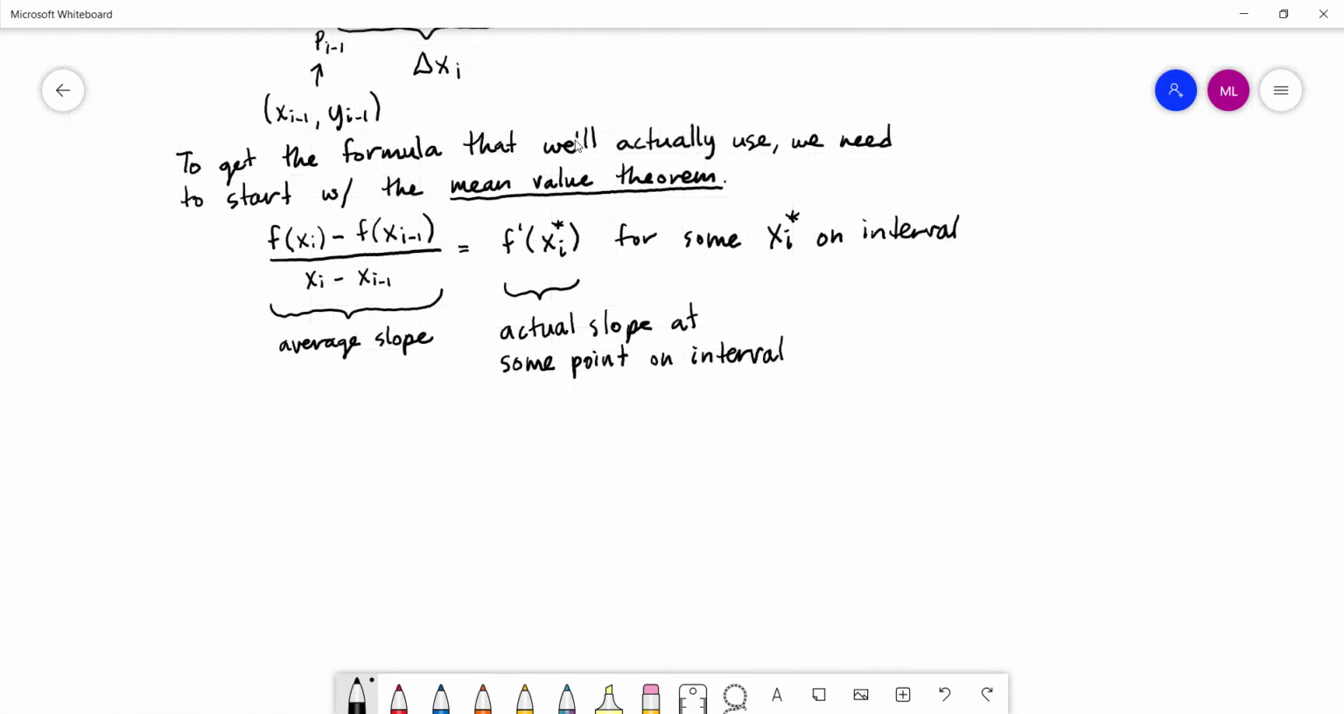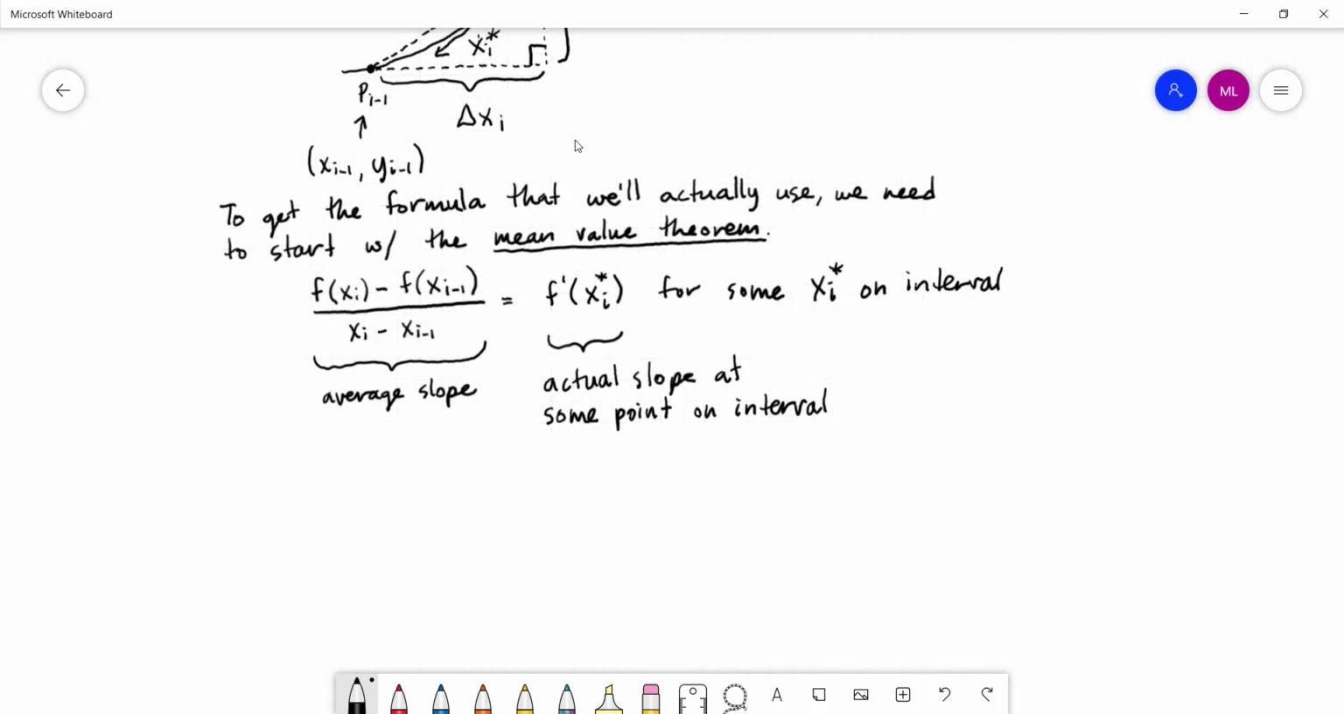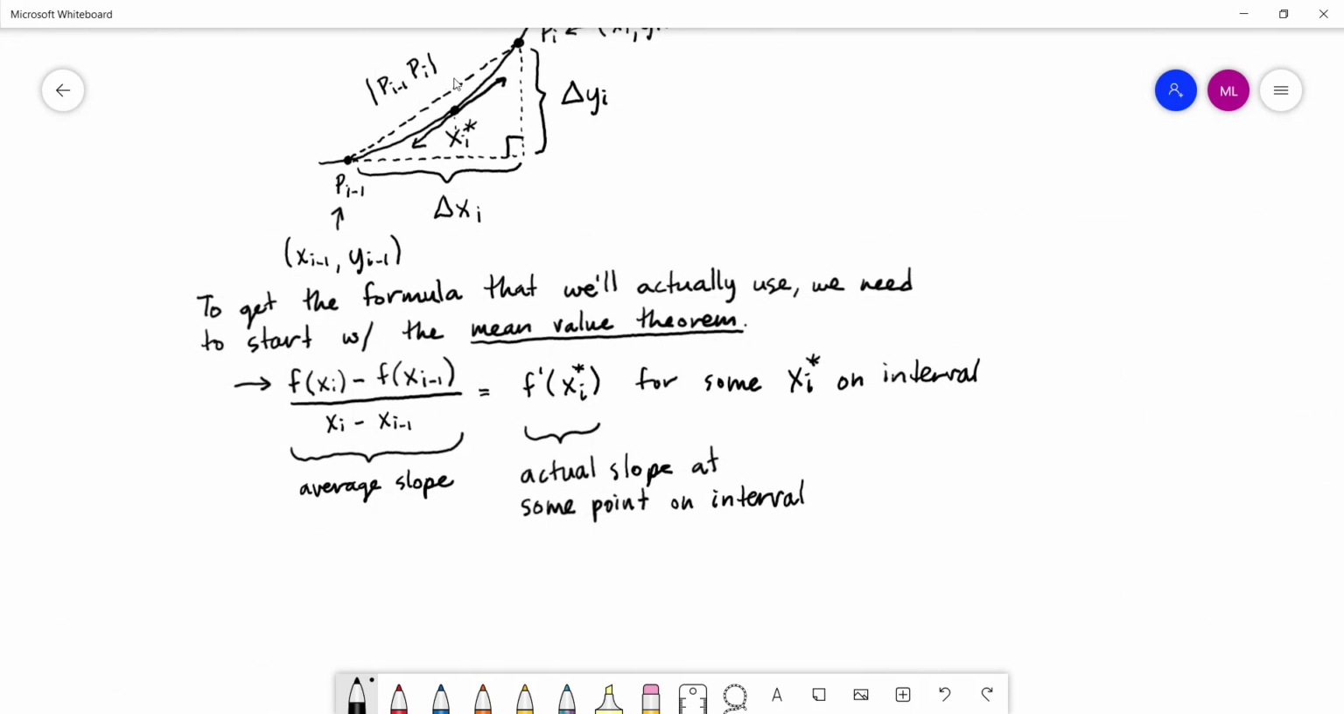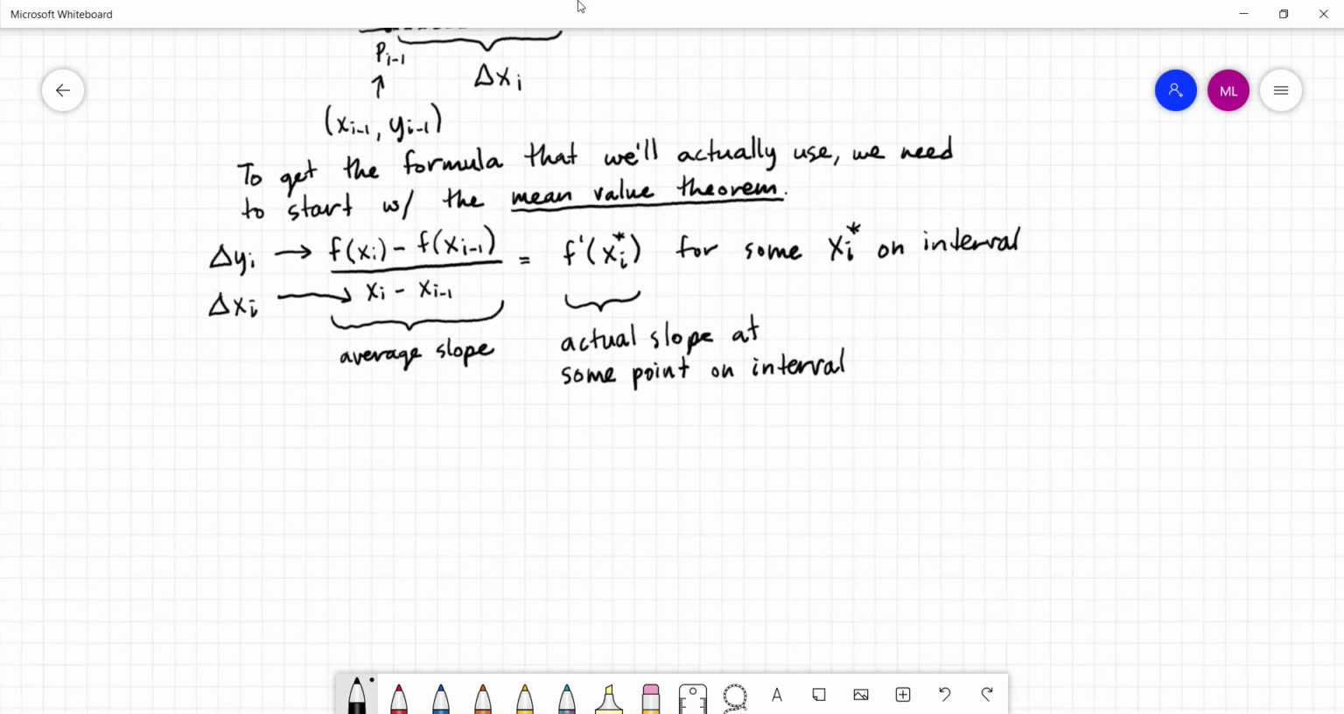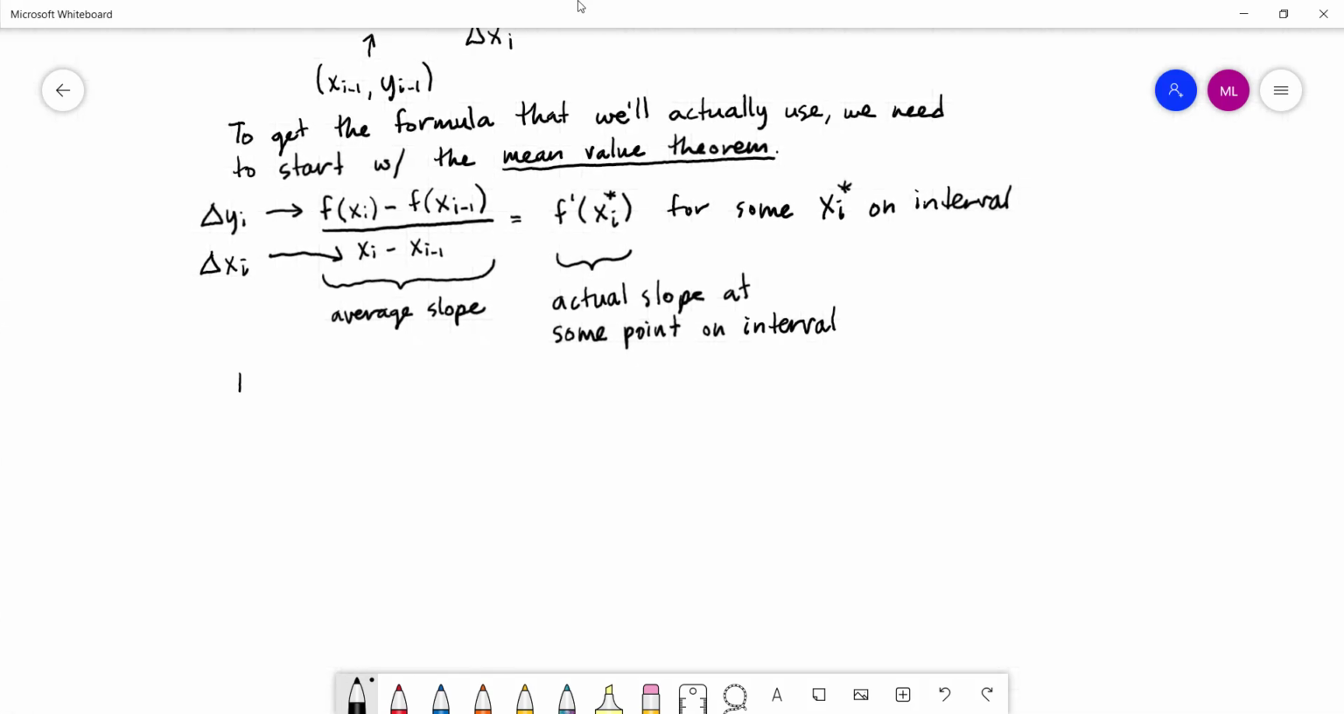I want to point out that, again, this is just the difference between the two y coordinates, right? The y value here and the y value here. That's our delta yi. And down here, that's the difference between the two x coordinates at these two points. That's our delta xi. And so if we rearrange these terms,